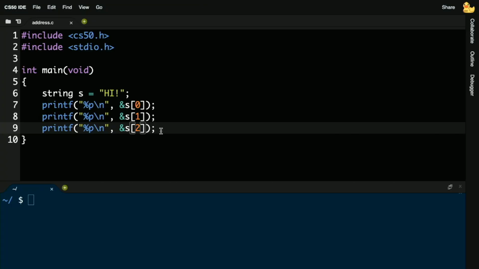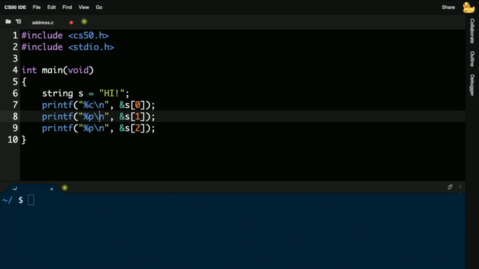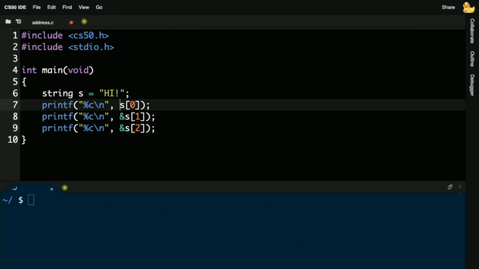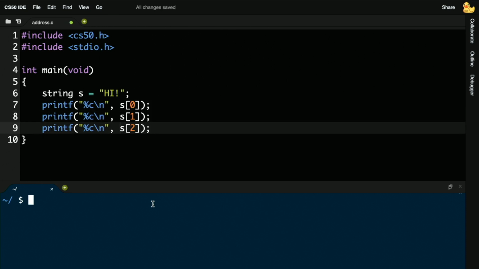So anything that's a number, of course, we can do math on. And the math is not going to be complicated, but it is going to be powerful for us here. So I'm going to go back to my most recent state of address.c. And let me go ahead now and reiterate that we can print out the individual characters in a string, just like we did back in week 2, by using our square bracket notation. So I'm getting rid of all evidence of those addresses for now. I'm recompiling this program as make address. And then I'm going to run ./address now. And I see hi exclamation point, 1 character per line.